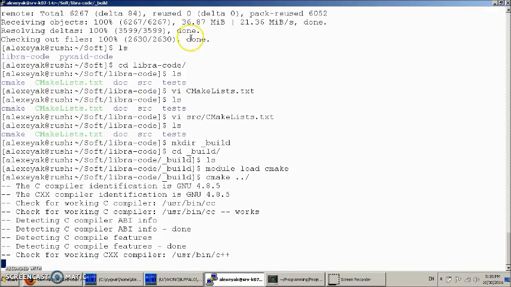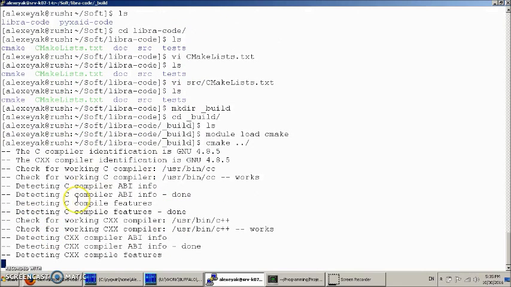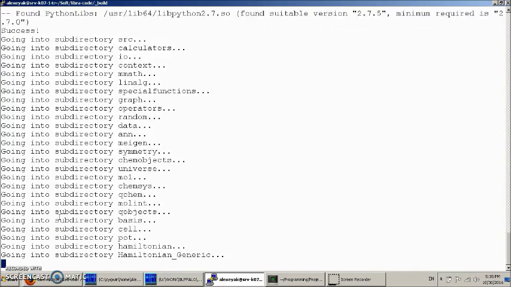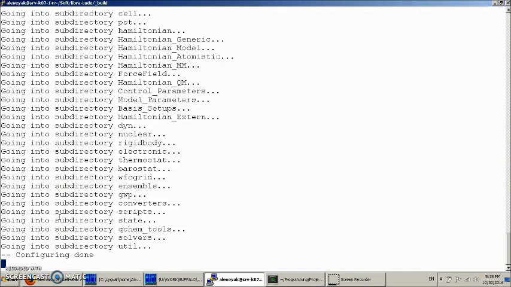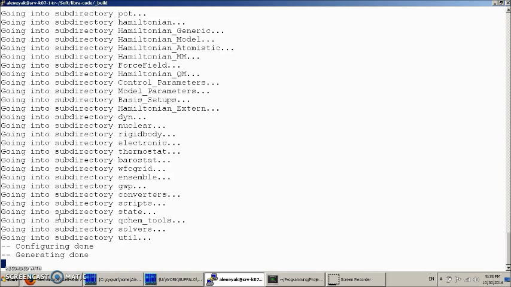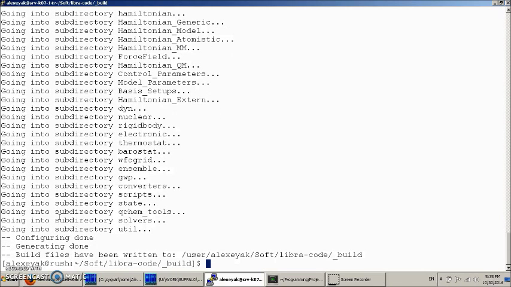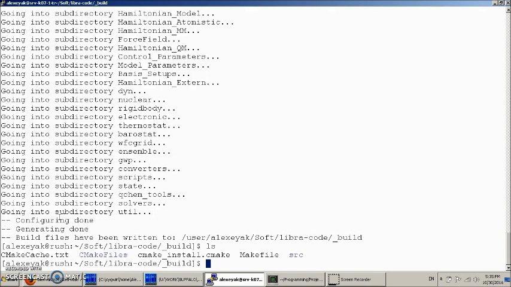So now I can see that this CMake tool is checking for all the dependencies, all the tools and availability of all scripts and files, and generating necessary make files. So once it's done, which is pretty soon, okay, here we are, you get some additional files,